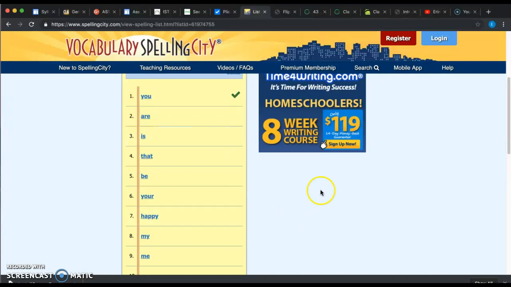I feel like as a first grade teacher, this was probably my biggest struggle this year, was finding ways to incorporate those sight words. And so I just think this is a great way to do it, and they would love to be able to do this. As far as